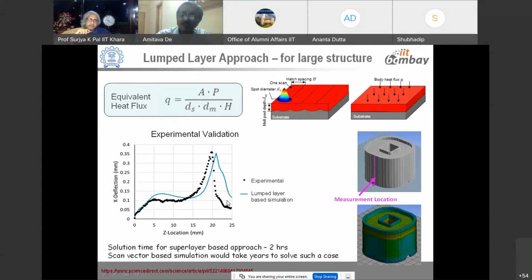But if we go by track by track, layer by layer simulation, the way we did it, or you have seen some of the samples earlier, the time estimate actually tells you that it will take years, maybe multiple tens of years, or maybe more than that, to finally get a solution of this. So it is very difficult to get such a solution going through track by track and layer by layer models.